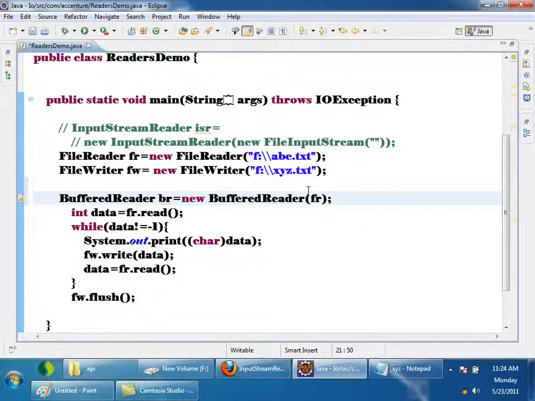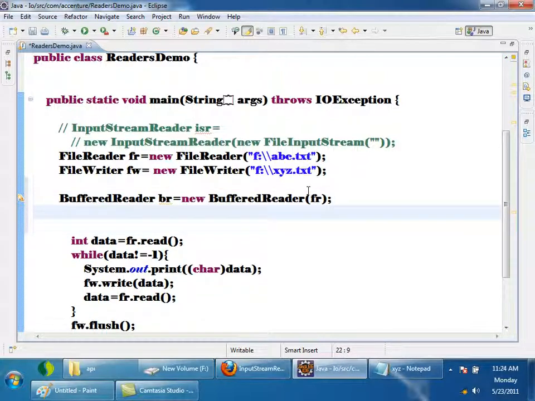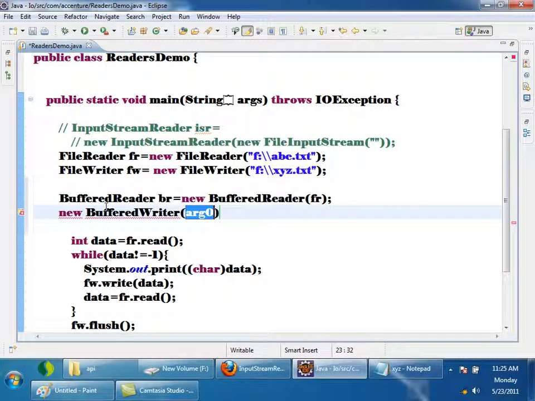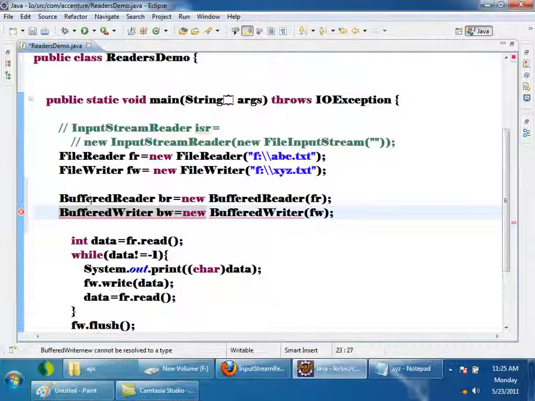Similarly, I'll try to create a BufferedWriter. New BufferedWriter. It requires a Writer object, so I can pass a FileWriter object. BufferedWriter bw is equal to that.